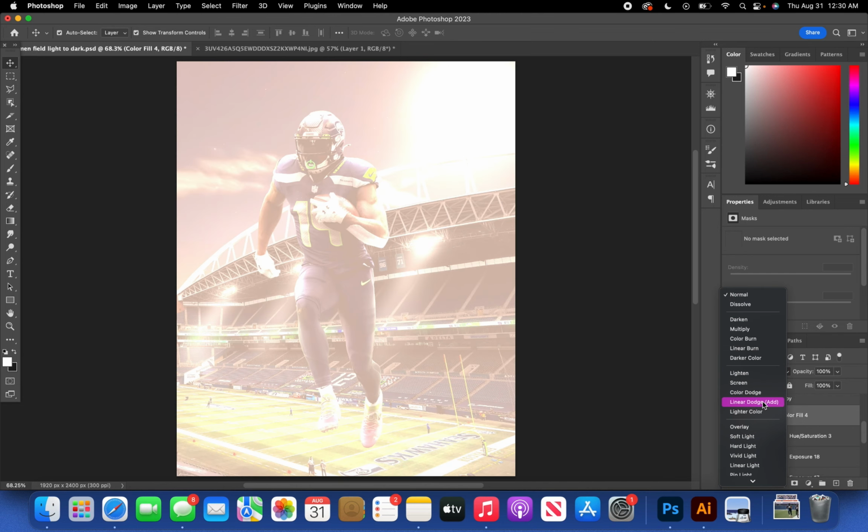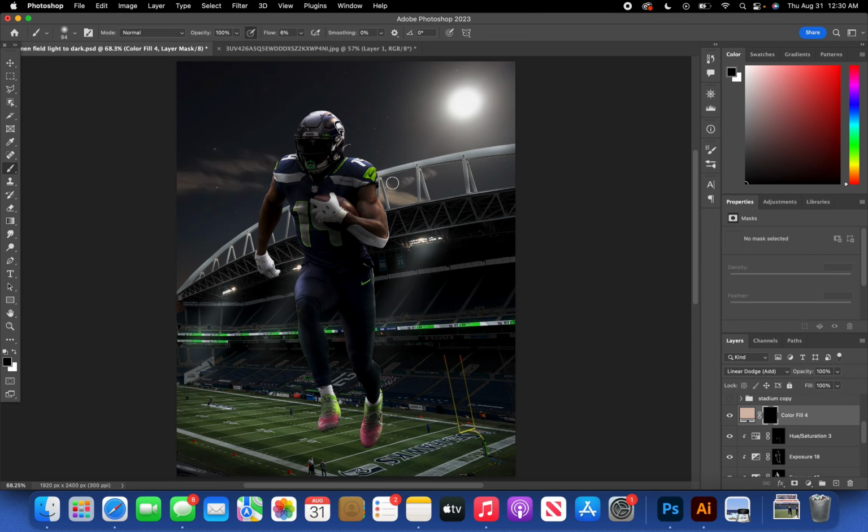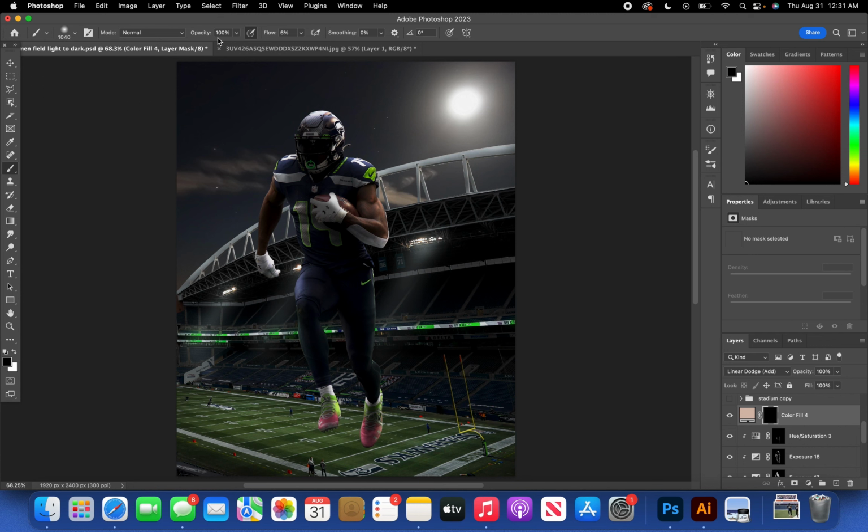And then we're gonna do some color dodge add. So go to blend modes and hit linear dodge, and then Command I it. And then make your brush pretty big. This shouldn't be too crazy. It's gonna be just a little haze, because